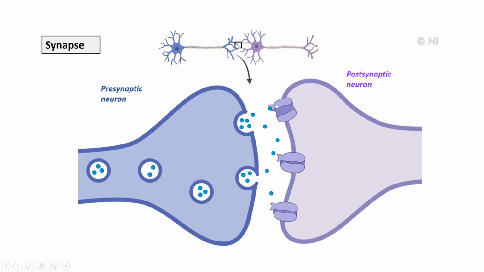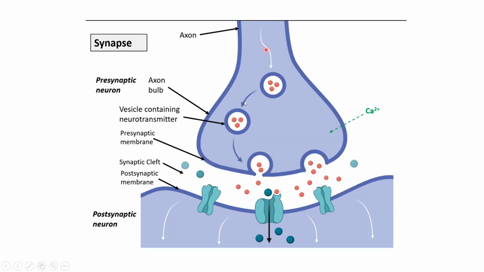Okay, postsynaptic neurons. This will again lead to the signaling pathway activation and the action potential generation in the postsynaptic neurons. Okay, so the action potential which is generated will activate this signaling molecule, and the signaling molecule will bud off from this presynaptic neuron. Okay, it will be released due to generation of this action potential, and it will bind to the receptor present on the postsynaptic neuron, and it will activate the signaling mechanism again, which will generate the action potential in the adjacent postsynaptic neuron. Okay, that is how the signal is relayed by these neurochemicals.